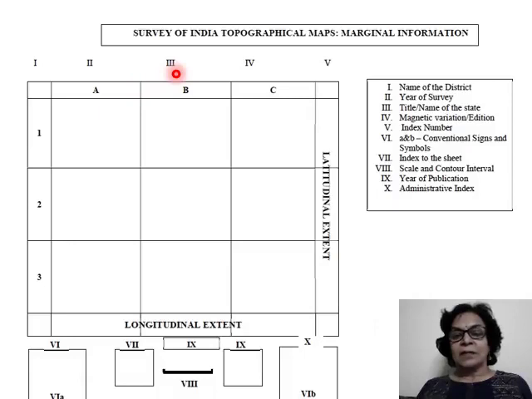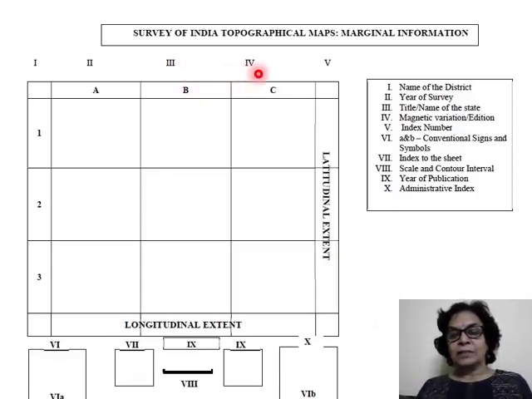The third is the name of the state or the title of the map, from which we can understand if it is an old map or a new map. The present maps have the names of the states after the reorganization of the states was done. In some of the old maps, you can see Eastern States, Orissa or Bombay Province. In this manner, different titles can give an indication about the age of the map.